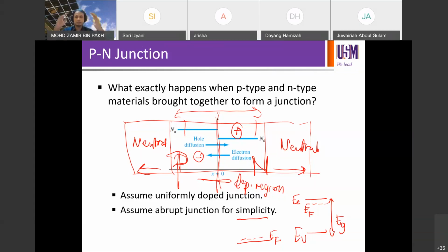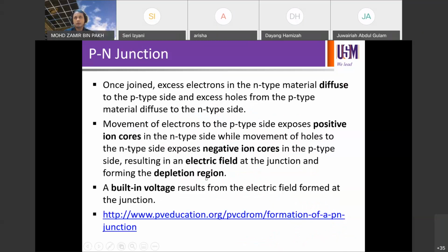Band gap is the band gap, right? The distance between EC to EV, which gives the intrinsic properties of the material, as the one that we discussed before. So we're going to come to that later on together in a schematic of a p-n junction. So we'll come to that, right? So this is what happens when we join a p-type silicon and an n-type silicon, or it can also happen to some other